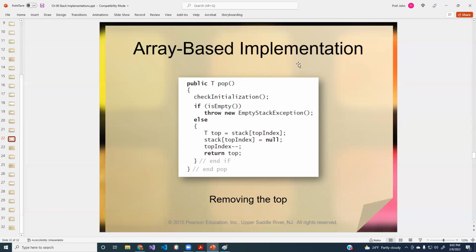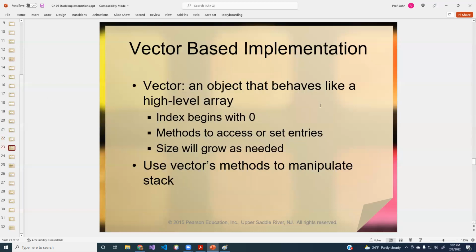It could be another stack. You might want to throw it in a bag. You might want to just process it and get rid of it. It doesn't matter. Okay, so